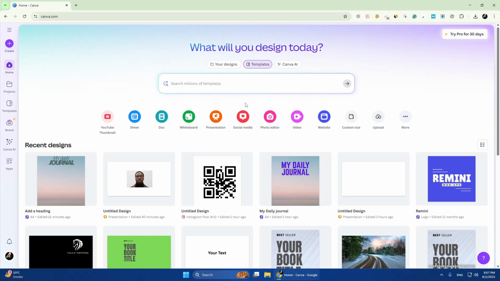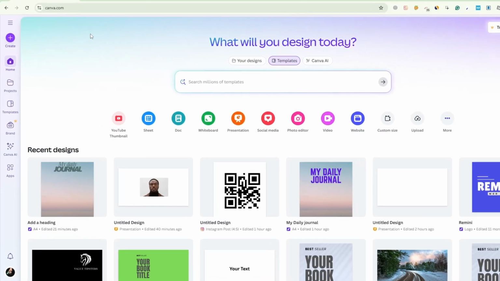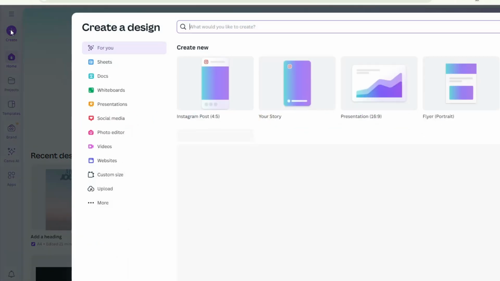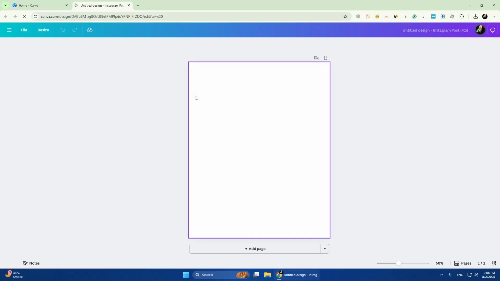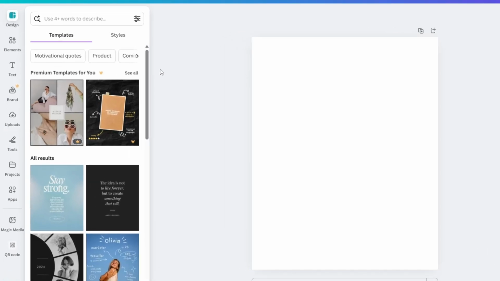First, go to the Canva website and log into your account. Once you're logged in, click on the Create a Design button in the top right corner. You can choose any size you like, but for now, let's select a custom size or use something simple like an Instagram post. After your blank canvas opens, go to the left sidebar and scroll down to find the Apps